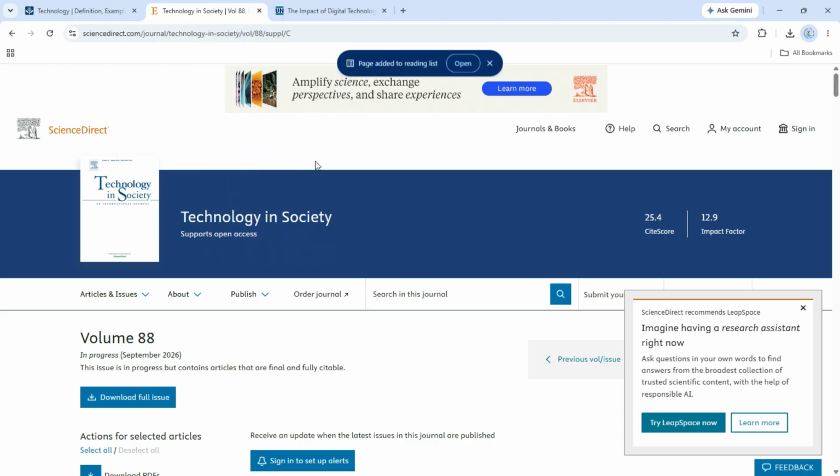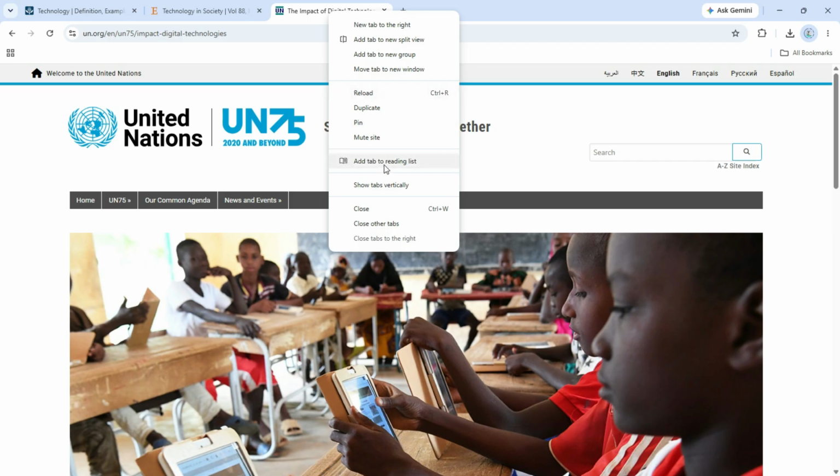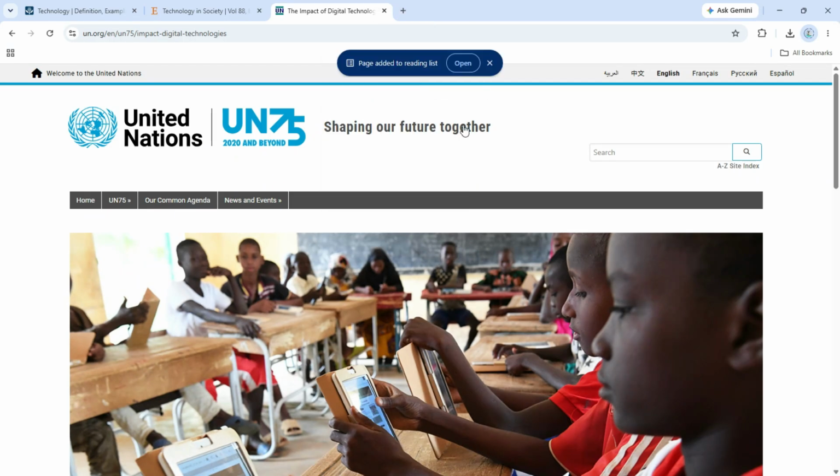Add tab to reading list. So I have added the second one. Also, I have added this tab to the reading list. Right click and add to reading list. That's it. You can click to directly open here, or else you can go to the customize and control the